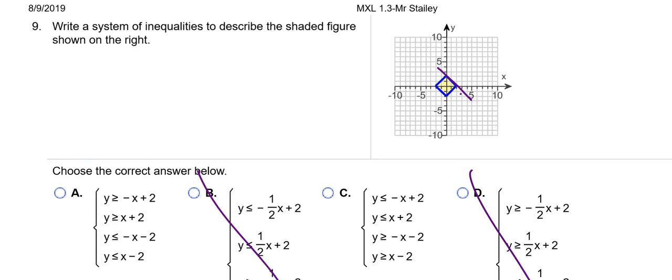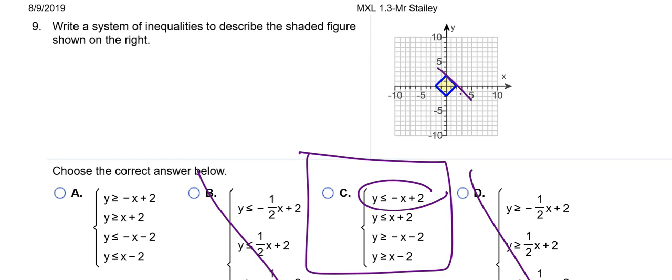Which one says below that? Isn't it right here? So choice C is the one you were looking for. Yes, you can go through the other three, but you can automatically see that that's not going to work because that one's going to go above that line. Okay, so switch over to